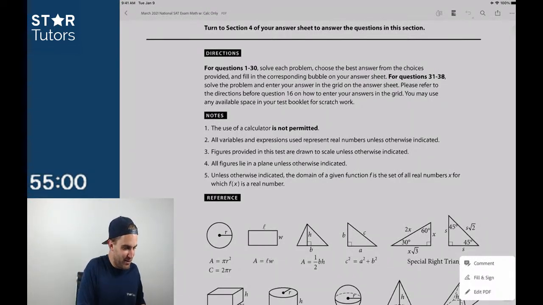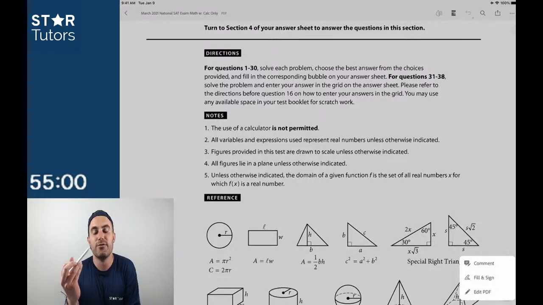In any case, guys, one last thing that I want to remind you of: if your calculator runs out of battery, if you're like me who spaces out sometimes and forgets to charge your calculator, don't let that faze you when you get to the test. Right now, we're doing this. I'm not going to go charge my calculator. You're not going to charge your calculator in the testing environment. If you don't have much battery left in your calculator, then it's very, very important that you just sit there and you don't turn your calculator on until you absolutely need it, and try to go through this without using your calculator. 90% of these problems, you do not need your calculator, and sometimes your calculator actually affects you negatively